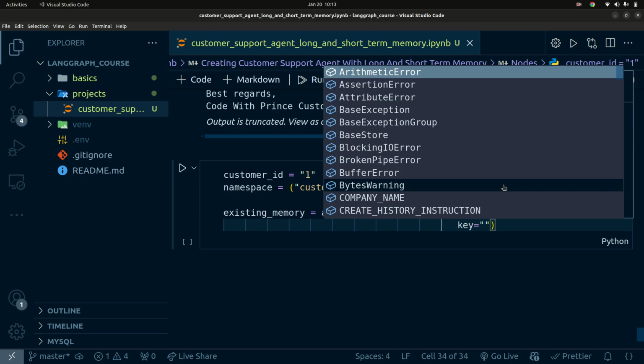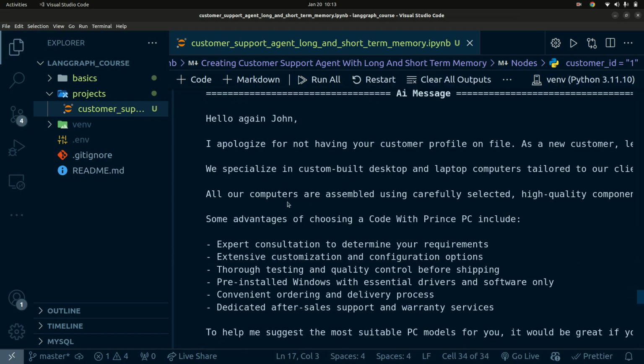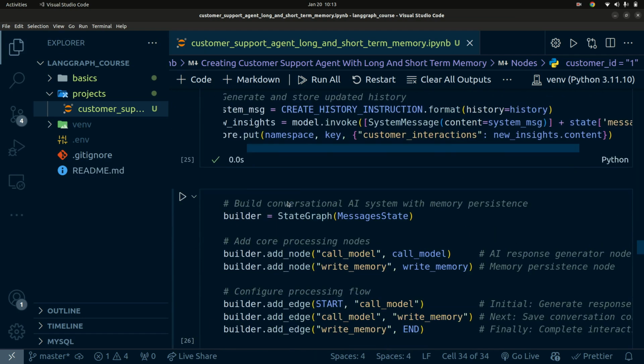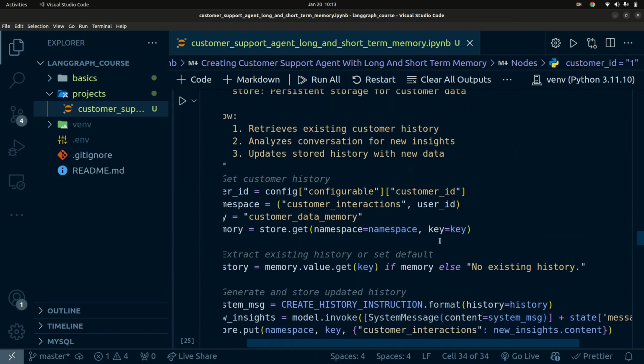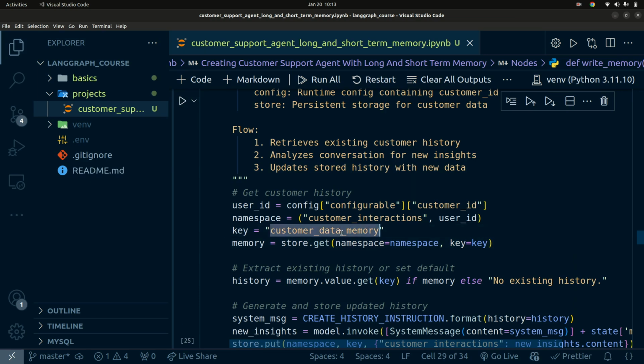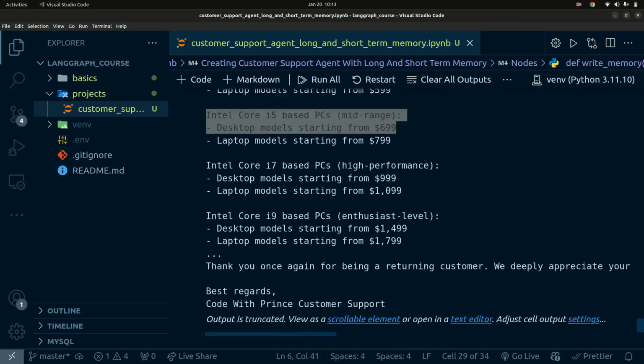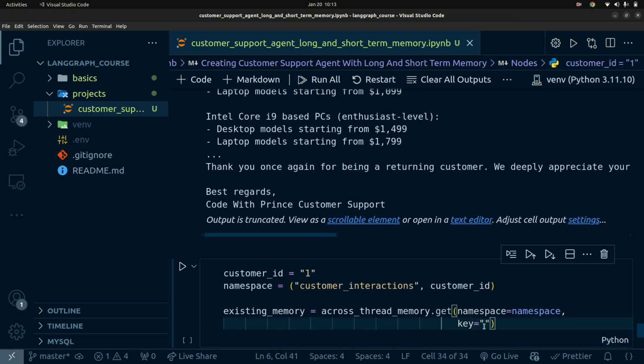The customer, yeah, we call it customer data memory, and this can be found here. If you go up here, we add it in here. Customer interactions. No, customer data. That's the key that we used. So copy that, and then we can go down here and paste it in here, and then we can simply convert this to a Python dictionary, and we